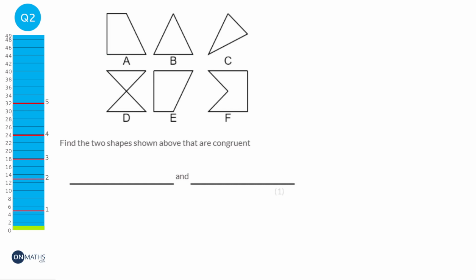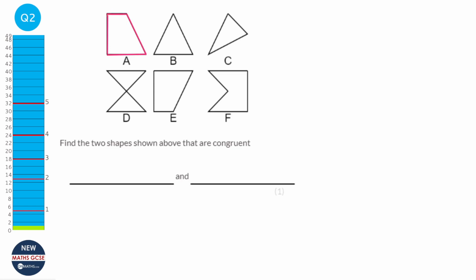Congruent means that it's a shape that is exactly the same as another shape, but it can be rotated, translated, or flipped around, but it's basically the same shape. So I imagine cutting it out onto cardboard and trying to fit it into the other shape. If it can fit, then they are congruent. So looking at the shapes, we've got some triangles, we've got some weird looking shapes, but I'm going to look at A and I'm going to trace A,